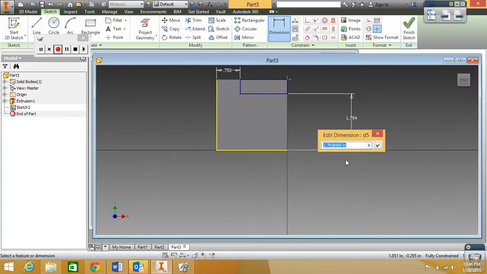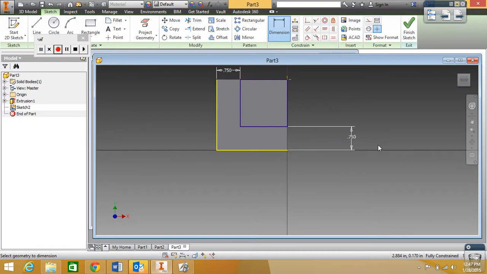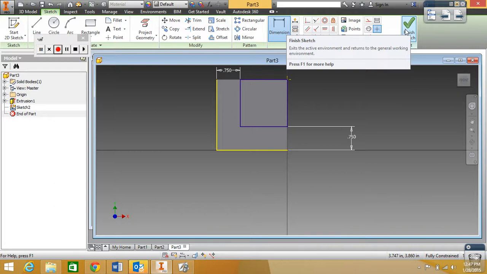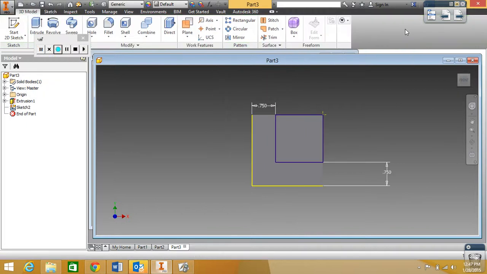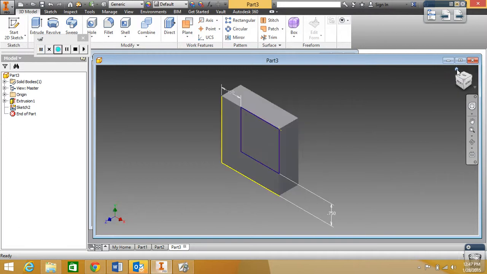So 0.75 is our dimension. Now we have the dimension for the height of the part and the width, and now we need to get rid of this part. So we go to finish our sketch. We want to turn it to an isometric view, so we go to home. Now we're going to extrude so we can cut this off. So extrude